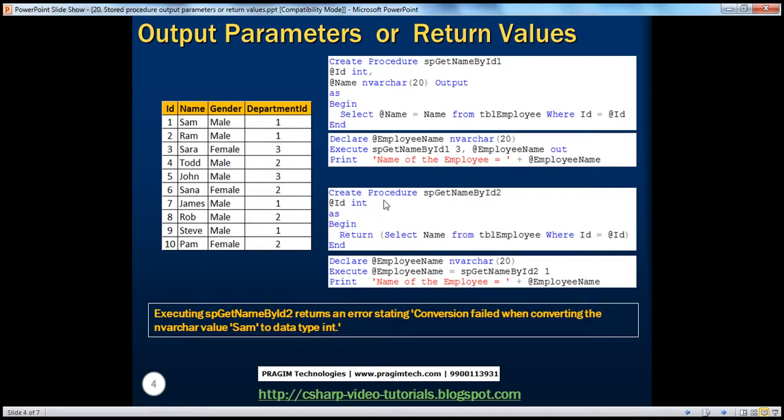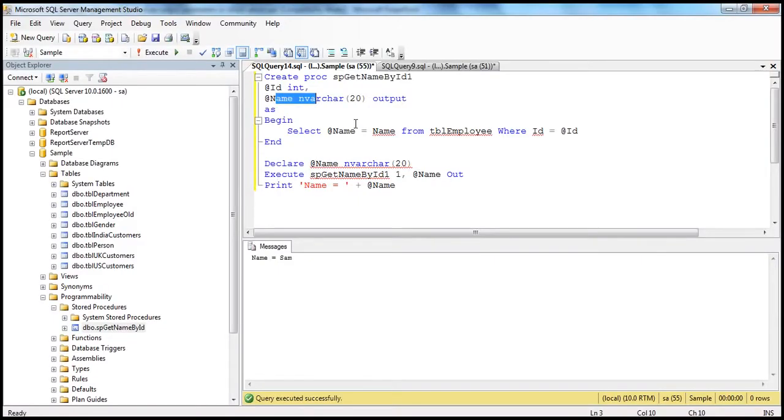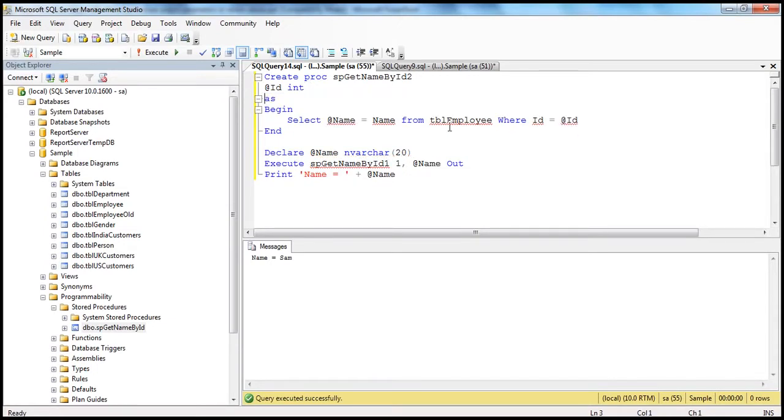If you look at this, we are creating a procedure with an ID input parameter. It's selecting the name of the employee from the tblEmployee table where ID is equal to @ID, and that has to be inside this bracket. Whatever this query brings back is being returned. So let's create that stored procedure: create procedure spGetNameById2, and we will have only an input parameter, no output parameter. As begin, select,